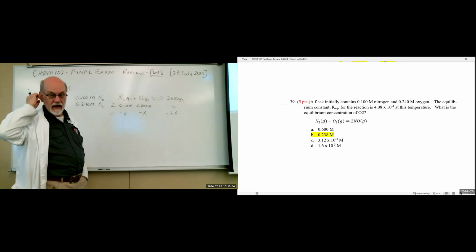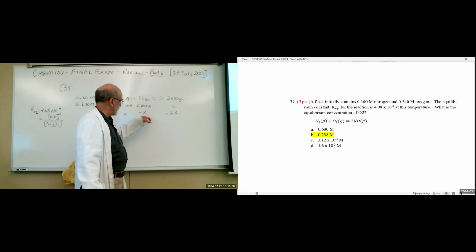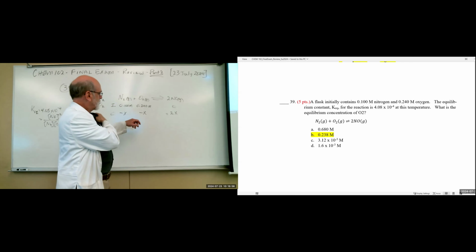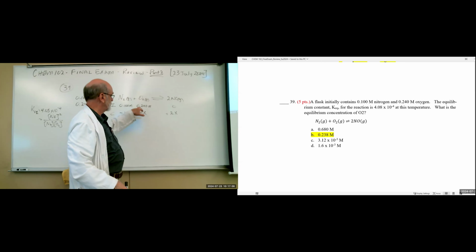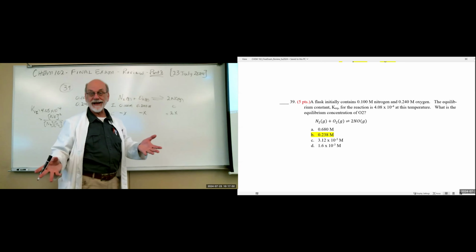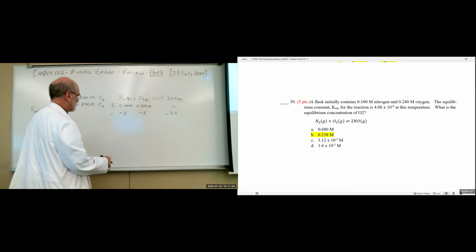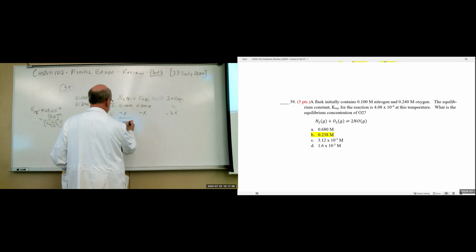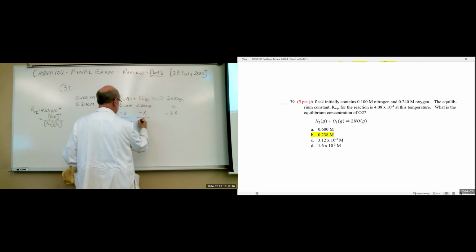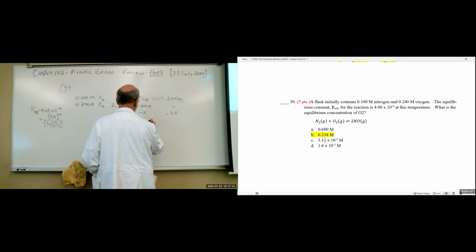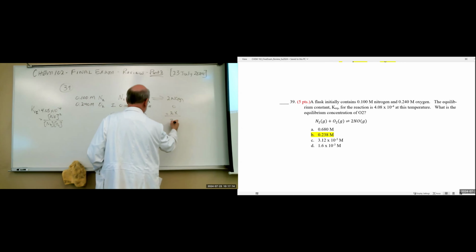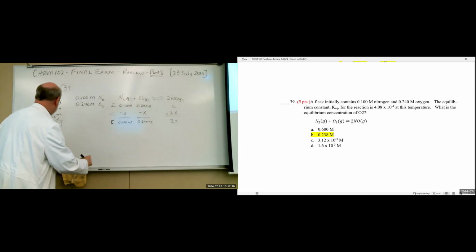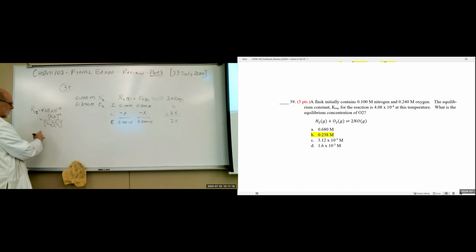The reason I chose that is so that once we find X, we just subtract it from 0.24 and we get our answer. At equilibrium, we have 0.1 minus X and 0.240 minus X, and this is 2X. If we put those in our equation, 2X squared over